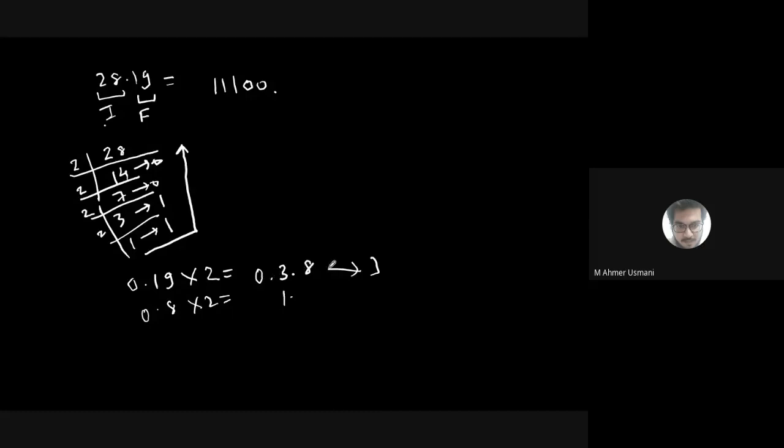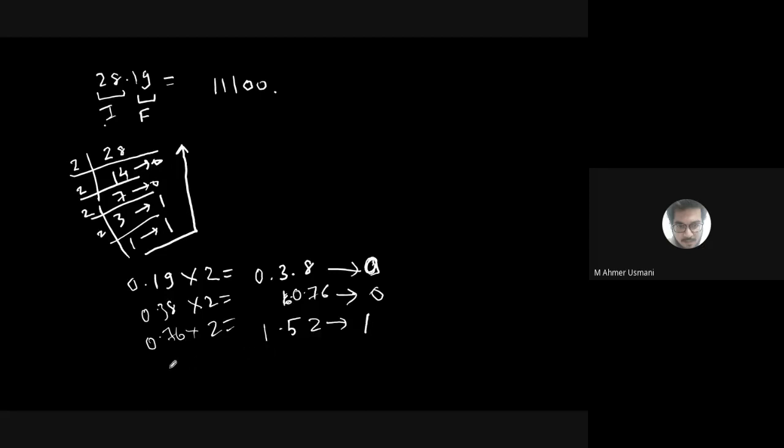0.38, so the integer part is 0. Whatever 0.38 you have got, just multiply by 2 to get 0.76. You get 0. Then 0.76 you multiply by 2 again. 2 6s are 12, carry over 2, 2 7s are 14, 15. You get 1.52. From 1.52 you'll get 1 now.